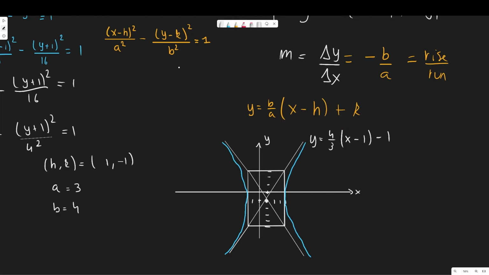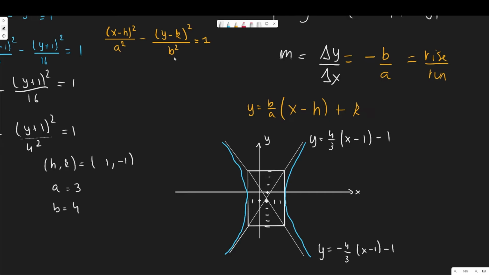And this will be the equation for the upward line, and then this will be the equation for the downward line. So just add a negative sign in front of our slope, and this will be the equation for our asymptote going downwards,